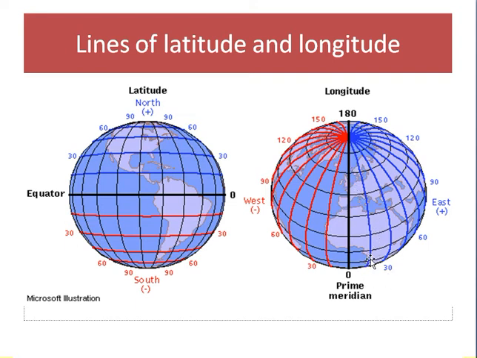These are the longitude lines running from north to south, and these are the latitude lines running from east to west. Okay, and these all numbers are given some degrees. Prime meridian is given 0°, equator is given 0°, and rest of the lines are given the degrees to locate any place on the globe.